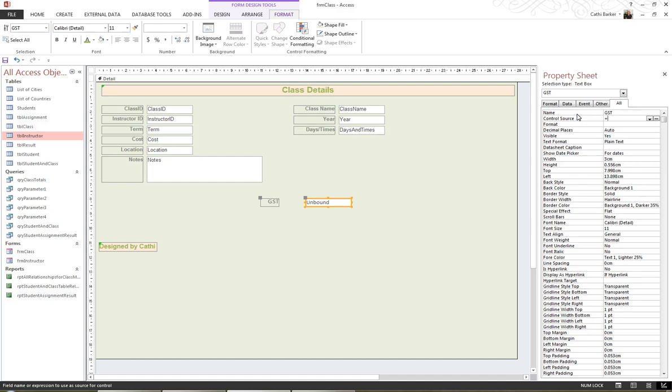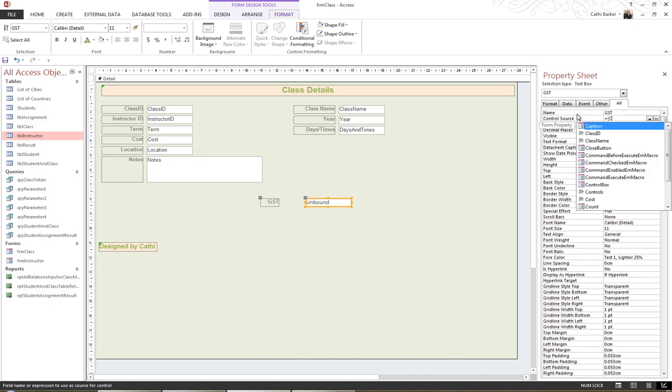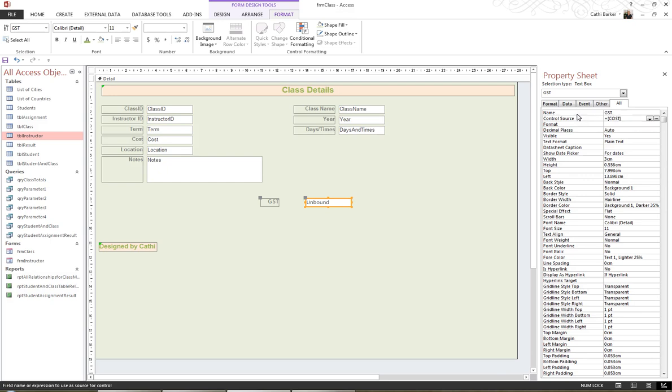The GST is equal to [cost] * 0.15. So a formula or a calculation is required, and the calculation is equals the field cost, and that's this field over here, so it must be spelt correctly, and fields always have to appear in square brackets, and then star is multiply, is times, and multiply by 0.15, which is 15%, and press enter. And when I press enter, that control source not only appears there, but Unbound is now replaced with the formula